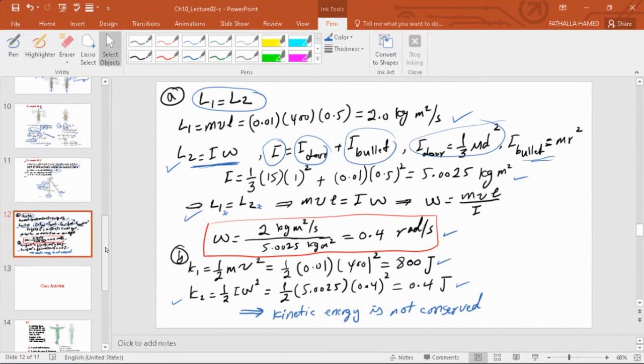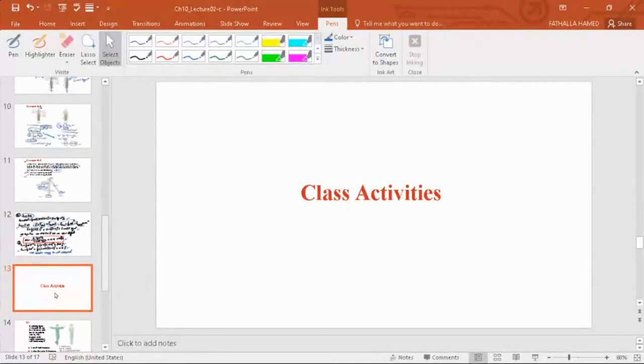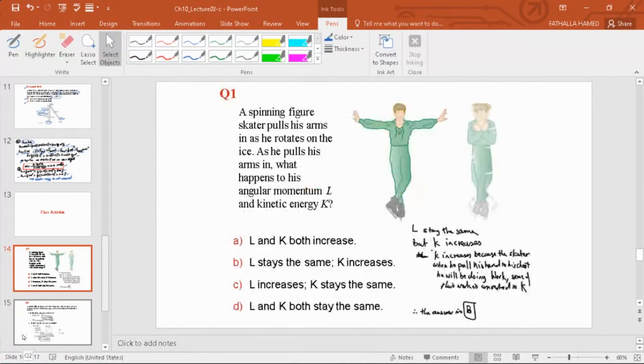So the idea here, we talked about angular momentum, and then we looked at the rate of change of angular momentum with time, and then we looked at conservation of angular momentum. Now, usually in the third part of the lecture, we always take some questions where we try to reason what should be the right option. The question that we have here: a spinning figure skater pulls his arms in as he rotates on the ice. As he pulls his arms in, what happens to his angular momentum